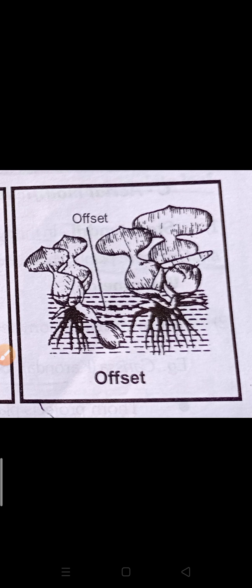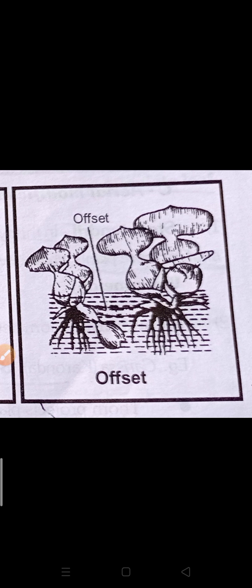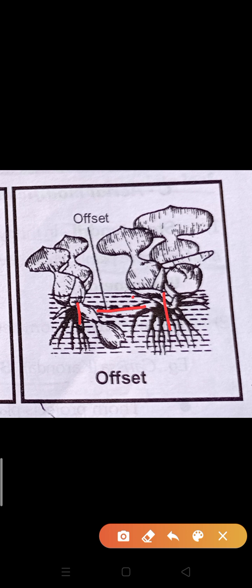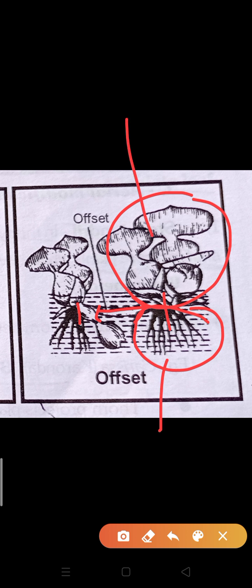Internodes of offset are small. You can observe that internodes are very small. This is the internode part. Okay, small and thicker, and each node bears a rosette of leaves. Rosette of leaves, beta, means a whole cluster of leaves. Rosette of leaves. Okay, and downside you can see tufts of roots. Downside tufts of roots and upside a rosette of leaves, and they are basically found, as I told you, in an aquatic habitat.